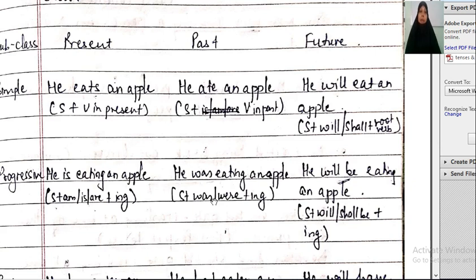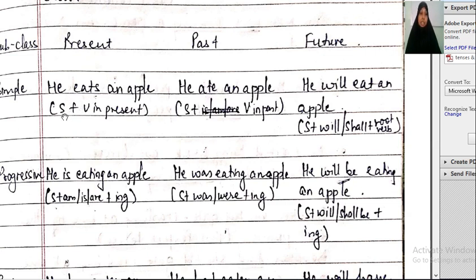You have to keep this table in mind. In the tenses, the structure of the sentence is very important here. Now, for example, first tense, that is simple present tense. Simple present tense is used to express what is actually taking place now, like in the sentence, he eats an apple. Here the word eats is showing us that the action is taking place now.